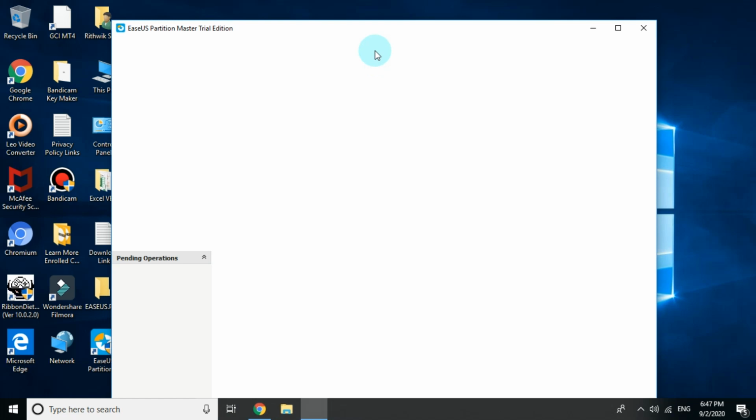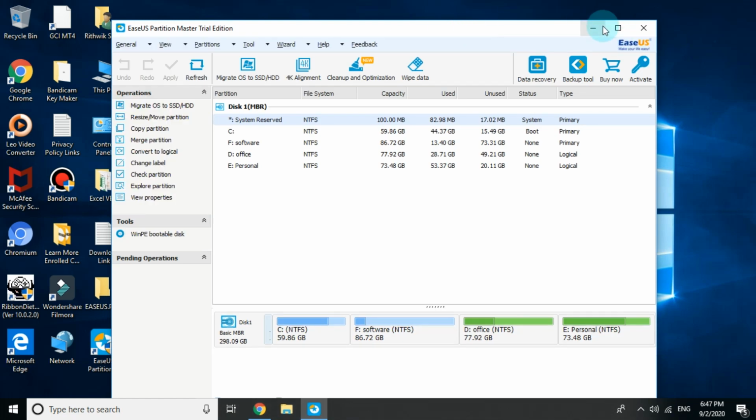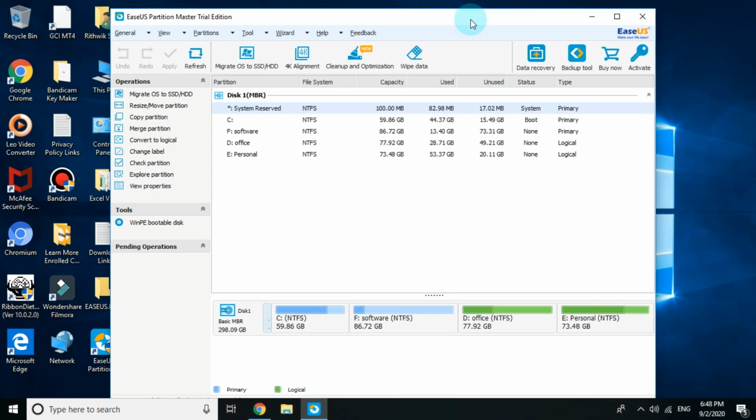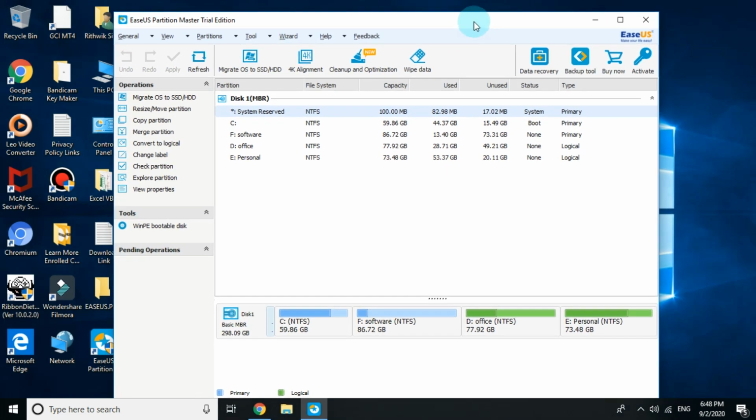If you want that, then you can do it, otherwise you don't. You can watch other videos on YouTube on how to extend space in a drive using Asus Partition Master.